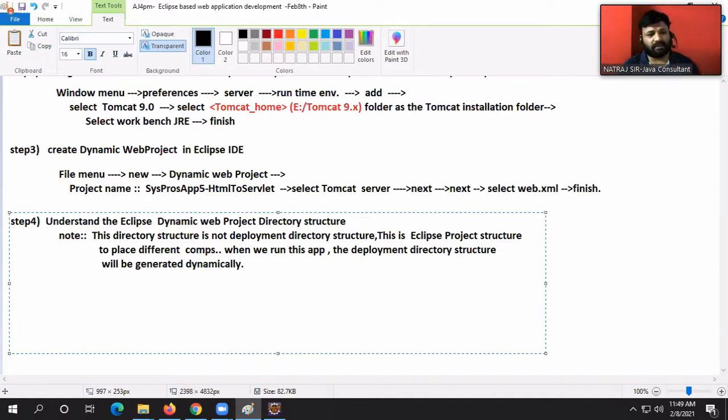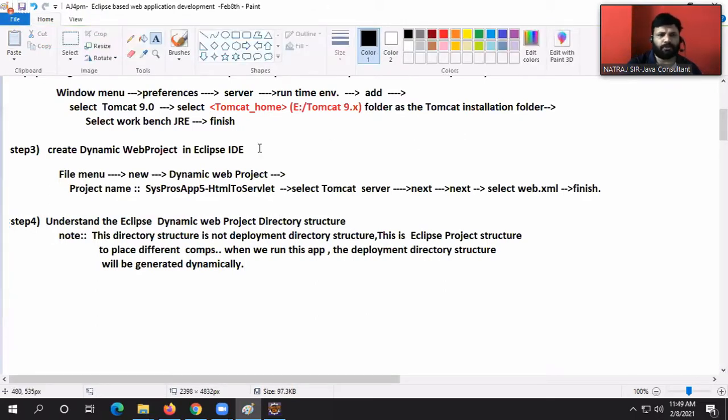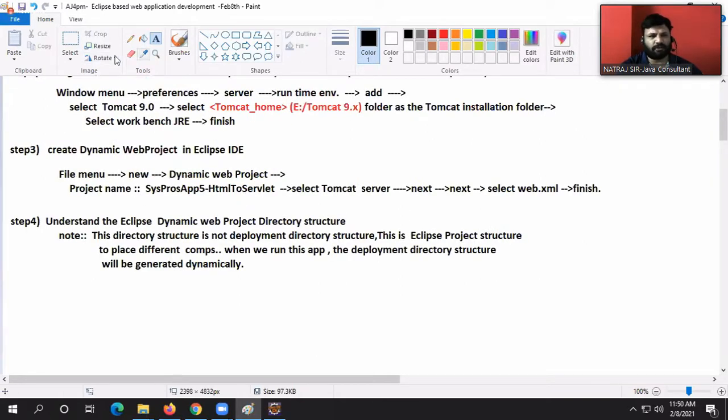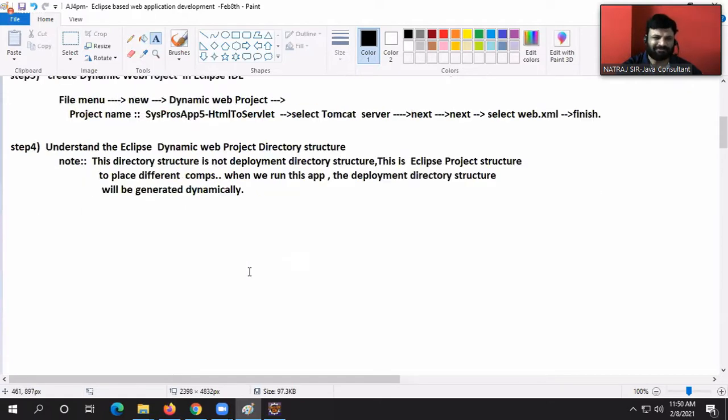I hope you understood my point here, guys. The deployment directory structure will be generated dynamically. Everyone understood my point or not?